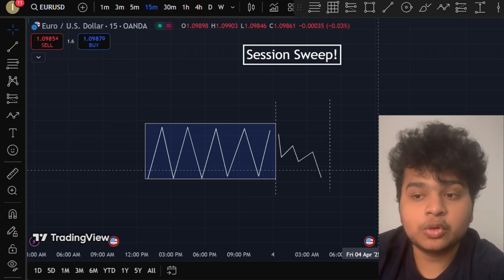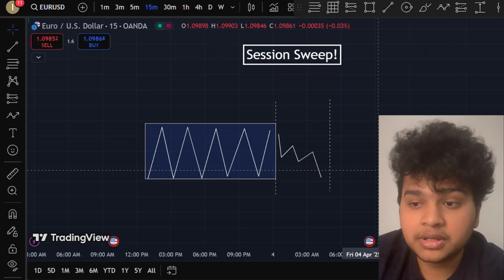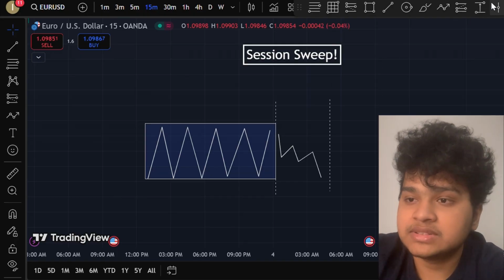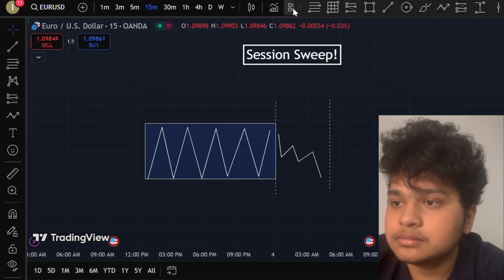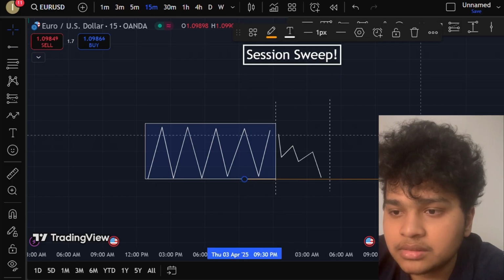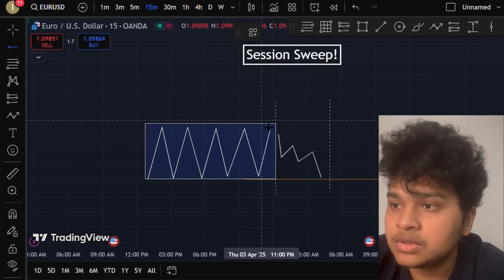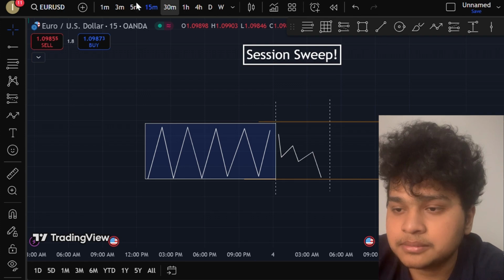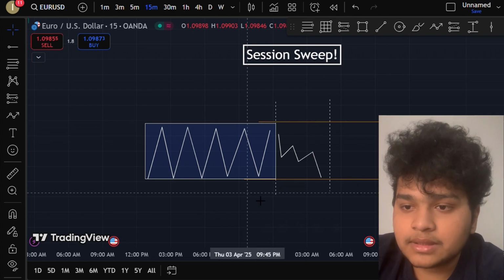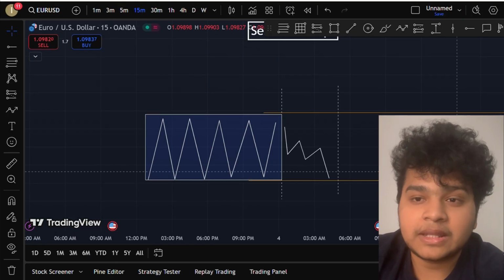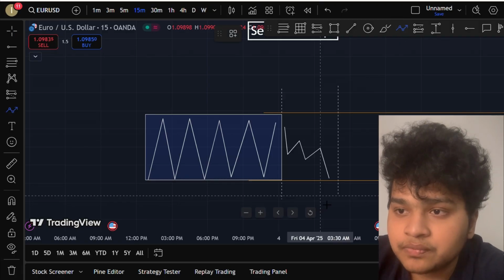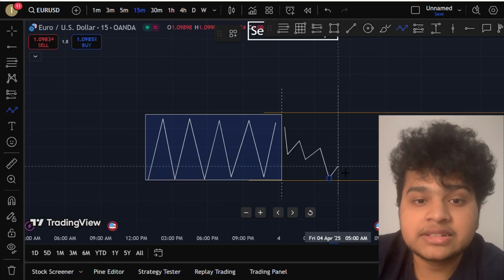So this is a view of our 15-minute time frame, but if you need to take the trade, you must zoom into the 1 minute time frame. So we would mark the Asian session low and the Asian session high. Now we all know that this is looking too small in the 15-minute time frame. So once we zoom into the 1 minute time frame, what we do is we look for a market structure shift